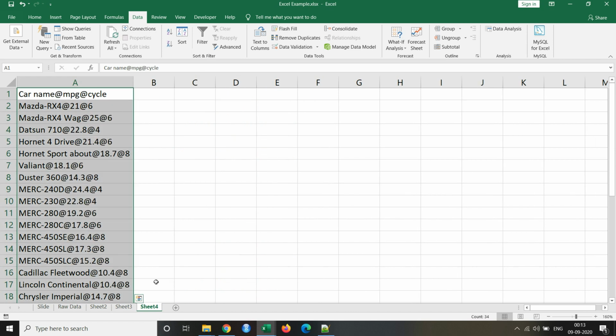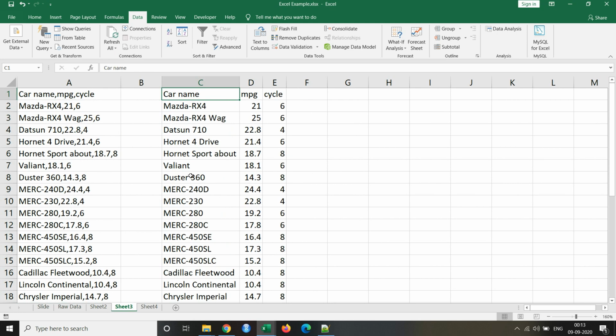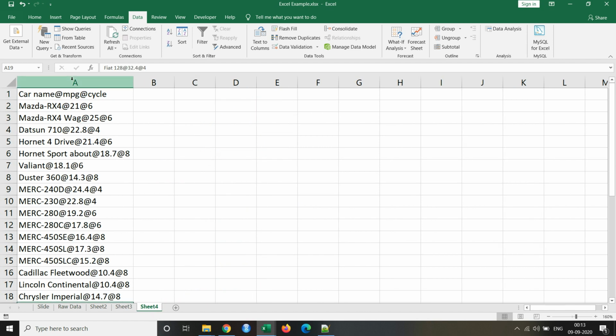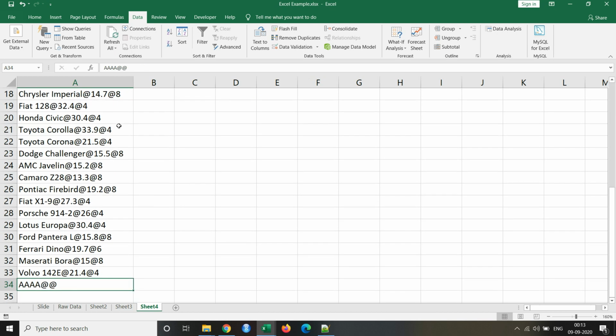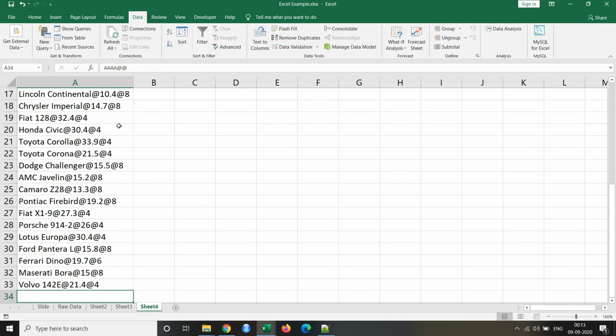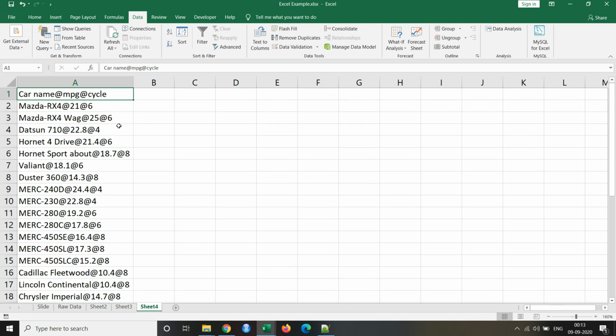We'll take the last example, our last example is the data with @, a special character. Now with this @ we'll follow the same process which we had done with our special character dash as well as commas.